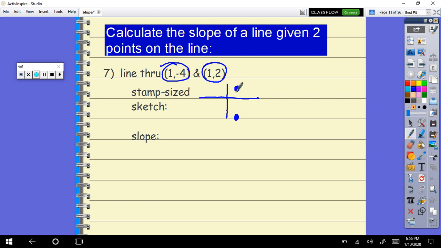Now wait a minute. When I plot those 2 points, I can quickly see that I'm going to wind up with a vertical line. Well, I know that vertical lines have undefined slopes. So I'm not going to worry about doing rise and run. I'm going to use my math facts. So that's the great thing. If you did want to look at rise over run,